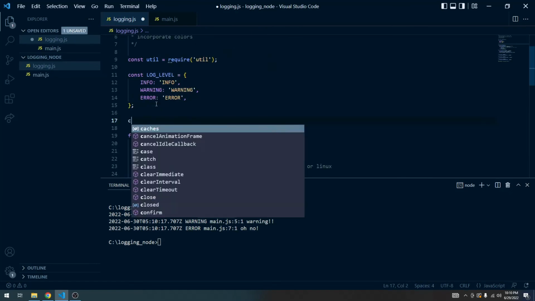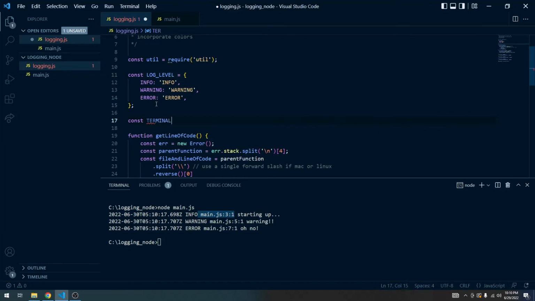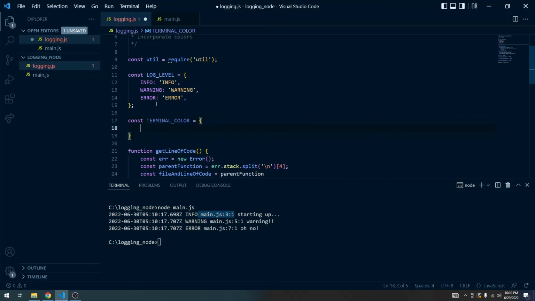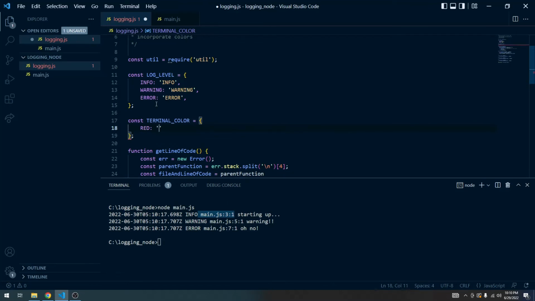So we'll do const another enumerated type. I'm going to call it terminal color, like so. And then in each of these, we're going to have 2 colors actually. Red for errors, which is going to be some string, and then yellow for warnings, which is going to be another random string. Okay, so in both of these, we need to define what are called escape codes, and